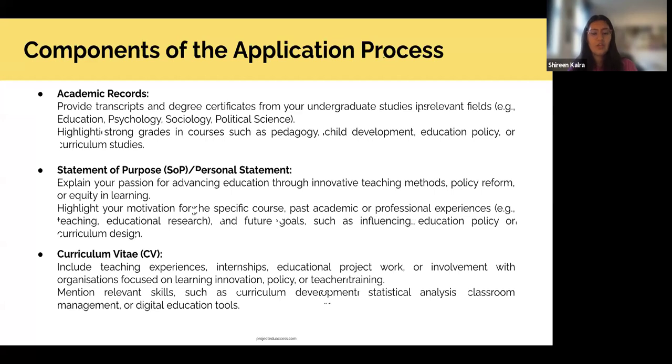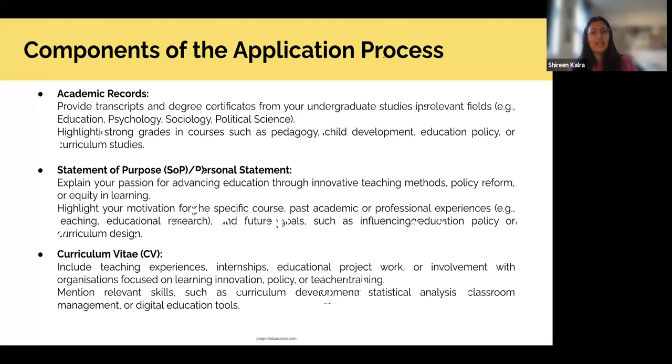Another thing that I want to stress generally, I know Shishu mentioned it, but for education courses in India, from what I know specifically, there's not that huge a culture of doing an undergraduate degree in education. So most people in South Asia who I know who come to do a master's in education don't really have a background in undergraduate education. For me, my background in undergraduate was politics and international relations.